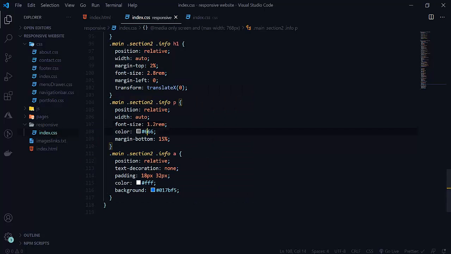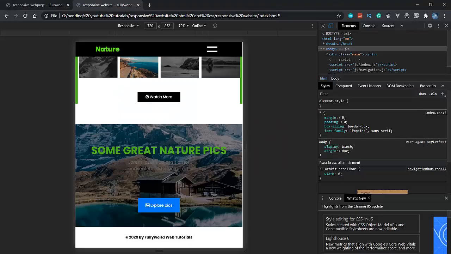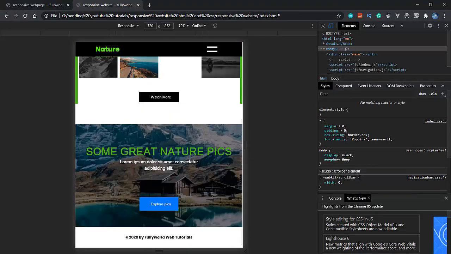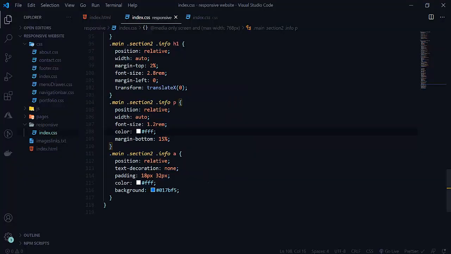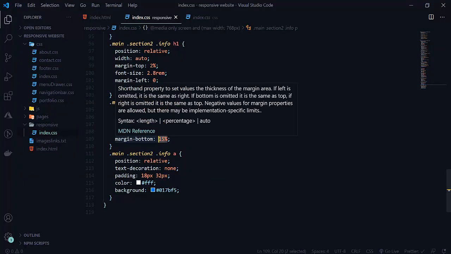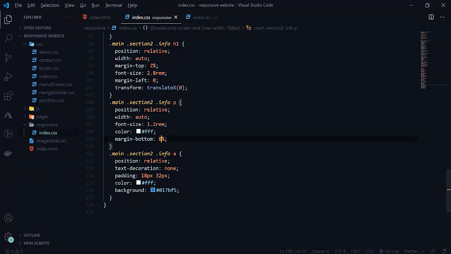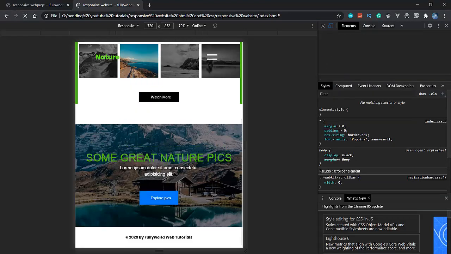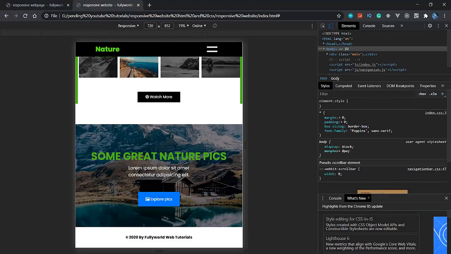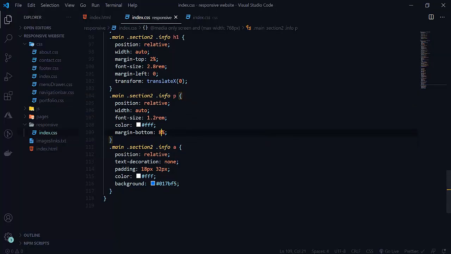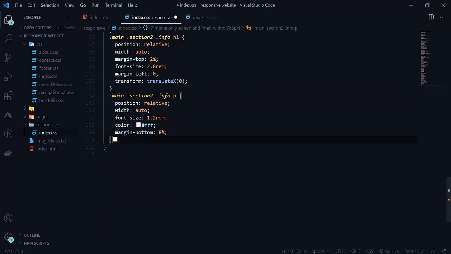Here will be our white. See that now white is looking beautiful, and we want our margin bottom to be 8%, sorry. So see that 8% is looking good. Now it is looking very beautiful here. So everything is okay. We don't want this anchor tag here.